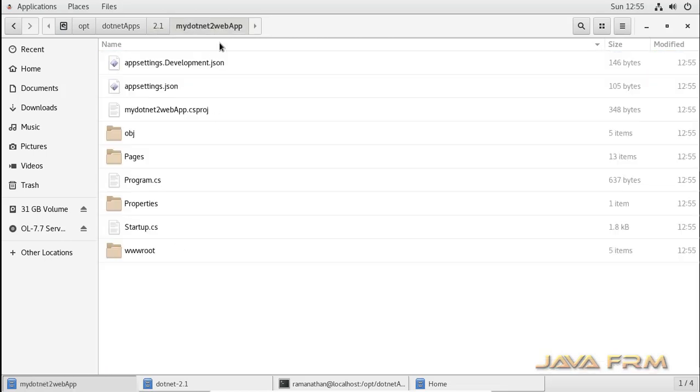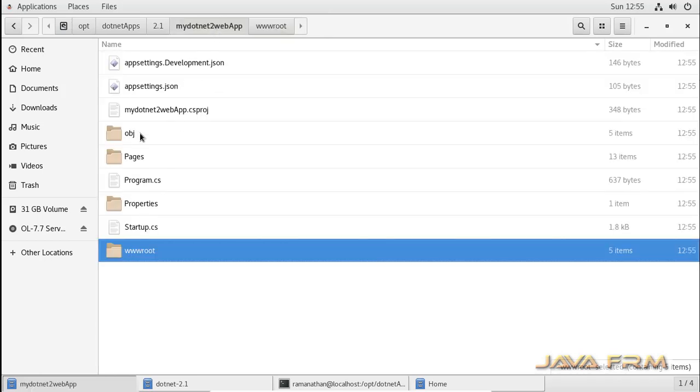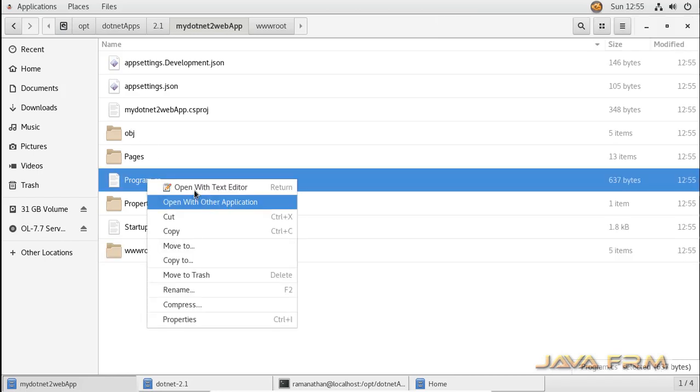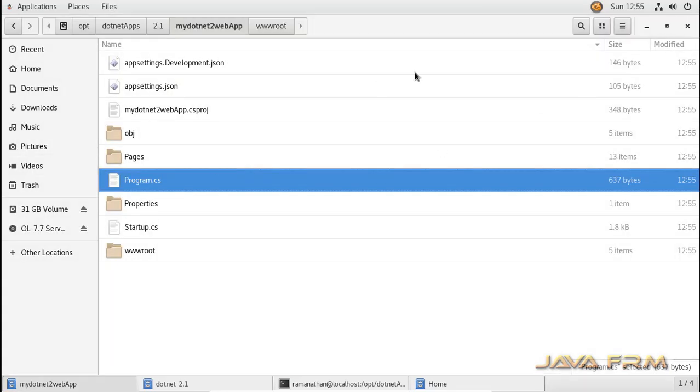So let us go to the directory. Yes, these are the files generated by .NET Core 2.1. It contains HTML, CSS, JavaScript, everything. In wwwroot you can see the JavaScript frameworks like Bootstrap and jQuery are installed by default. Also you can see that two C# files got created. If you have knowledge of C# you can modify the logic.